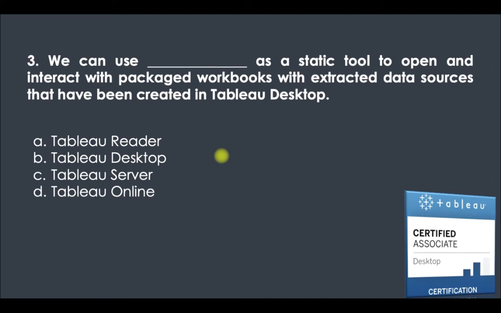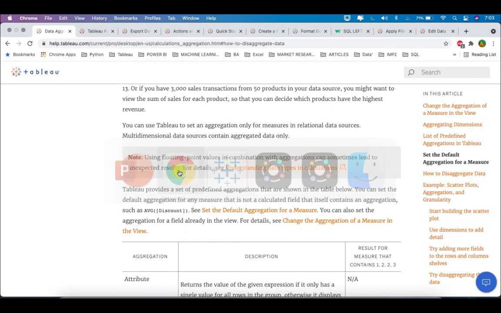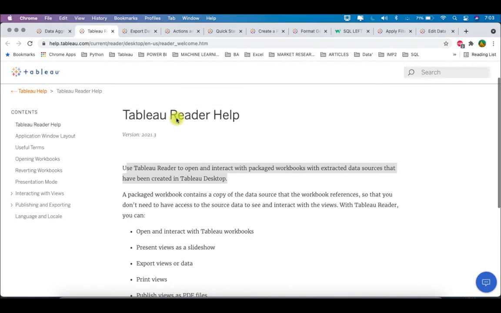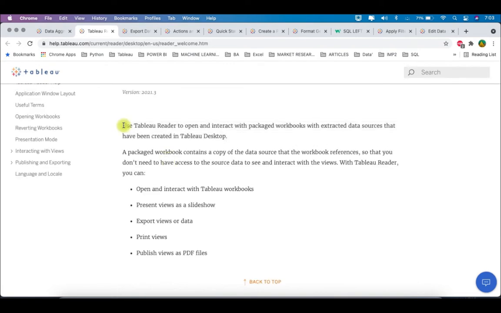You can open and interact, but you don't have much liberty with the Tableau Reader, and you can read more on this here in the Tableau Reader help. Use Tableau Reader to open and interact with packaged workbooks with extracted data sources that have been created in Tableau Desktop.